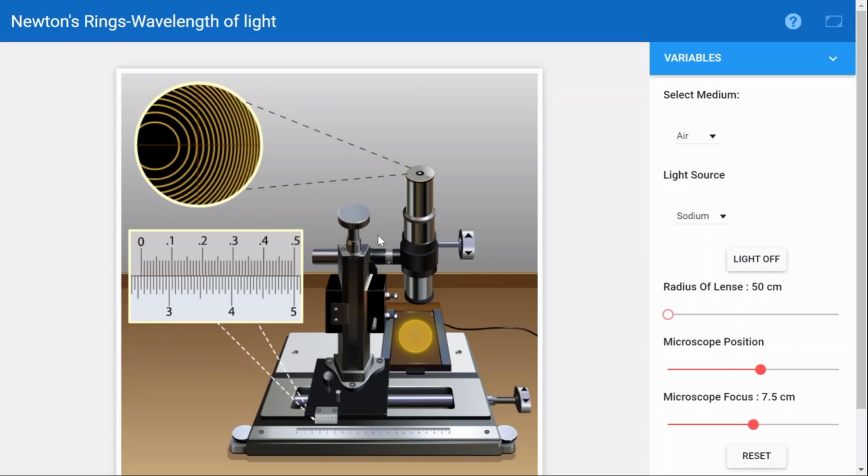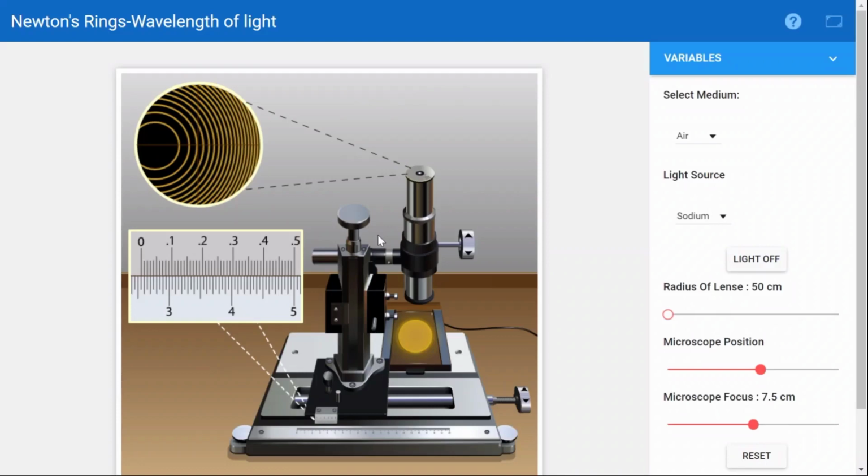0.189. And what will be the square value of 0.189? First of all, write down 0.189 in the diameter D column. And then in the next column, you have to take the square of D. What will D square be for the third ring? 0.189 into 0.189 is 0.035721. Okay, fine. Now you got the reading for the first ring.